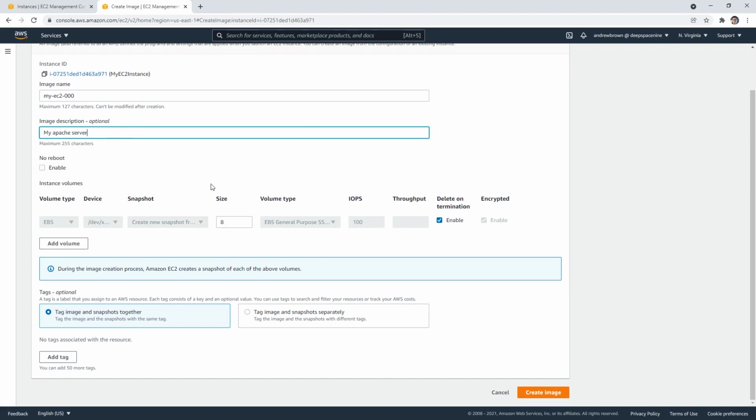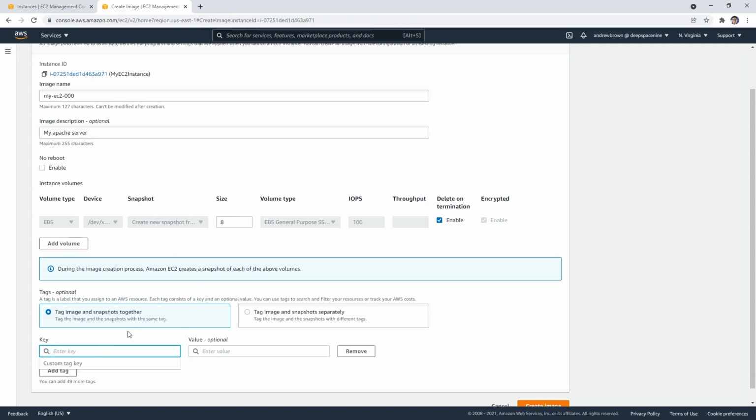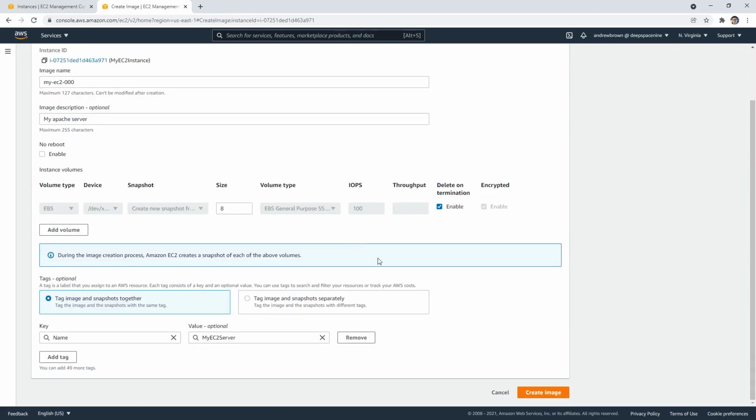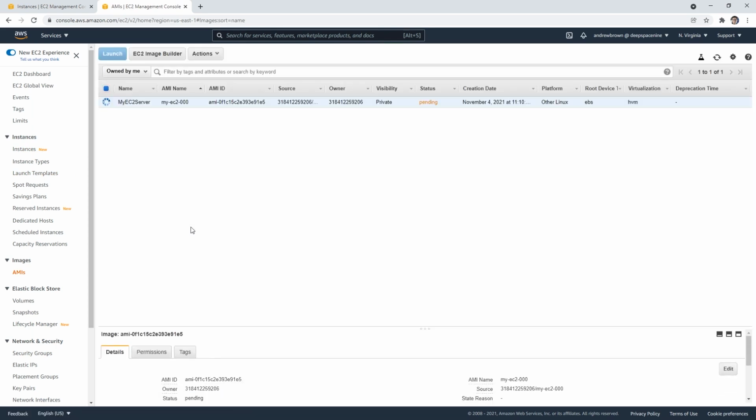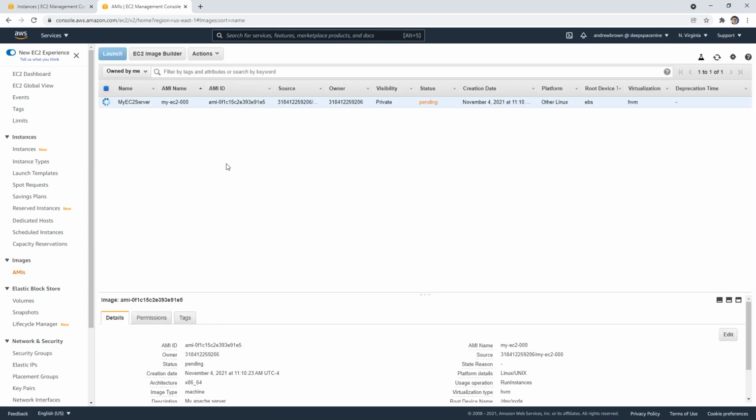And so it's going to save some settings like the fact that there is a volume. You could save some tags there. And so I might go ahead and add a tag and just say Name. And we'll just say my EC2 server, so that it remembers that. Okay. And then what we'll do is go ahead and create our image. And so this can take a little bit of time. If we go over to images here, it's going to be spinning for a while, and we'll just wait until